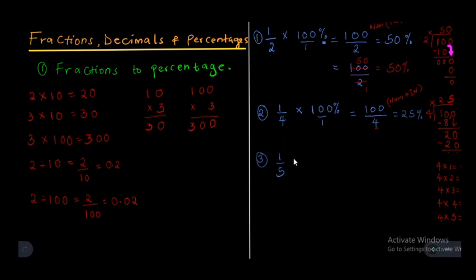All right, so in this case, we multiply it by 100 once again. So this is a percentage. So this will be the same as over 1. 1 times 100 is 100. 5 times 1 is 5. So of course you have to do the long division, and when you do the long division, that is, let's say,